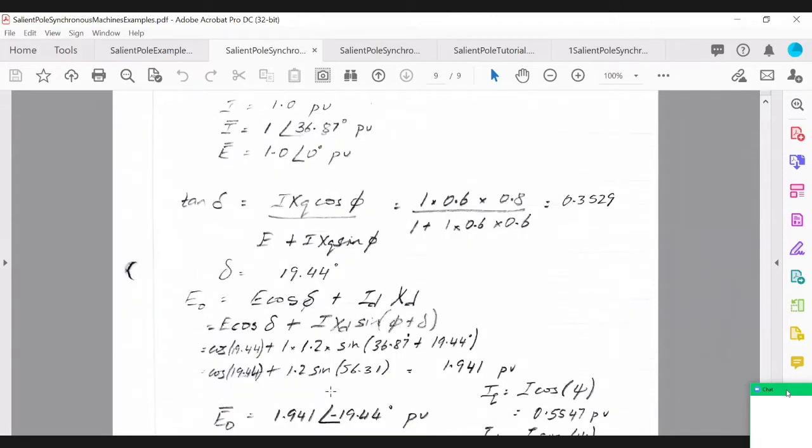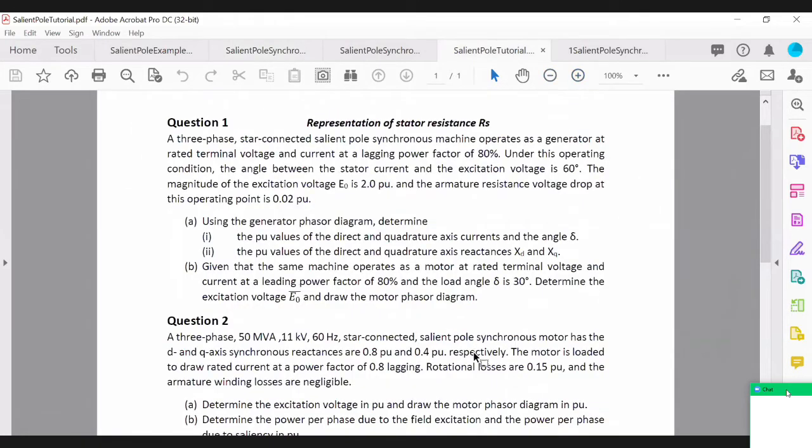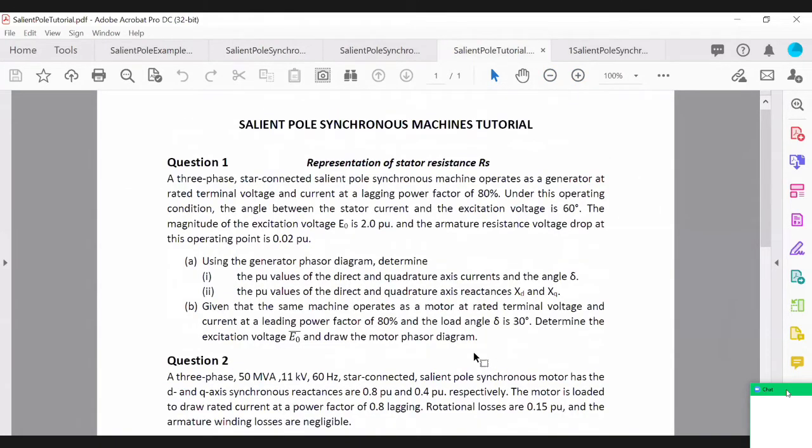Okay, so I will basically move to the next part. We have a more complex question, which I will upload on the Moodle page. This is a tutorial question where I've inserted the stator resistance in your salient pole machine, and we will show how we can represent the stator resistance on the phasor diagram and draw the full phasor diagram with this